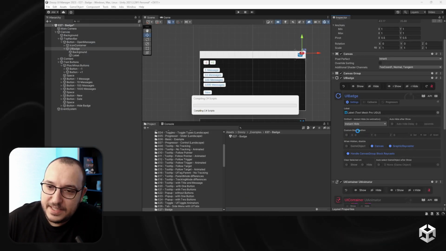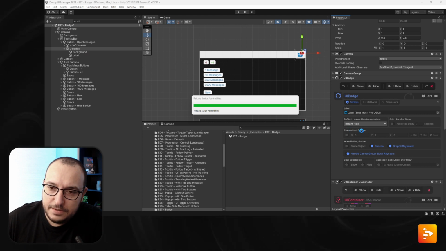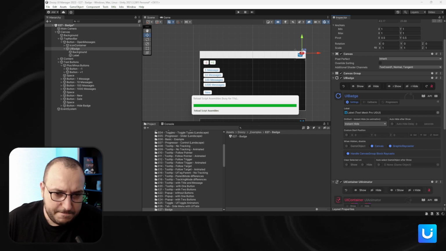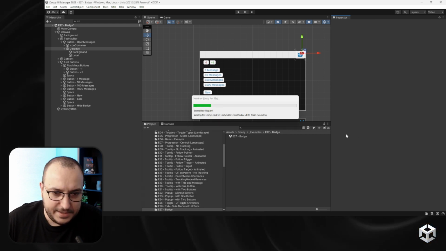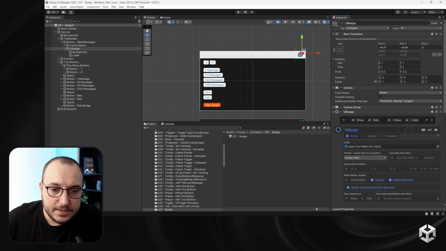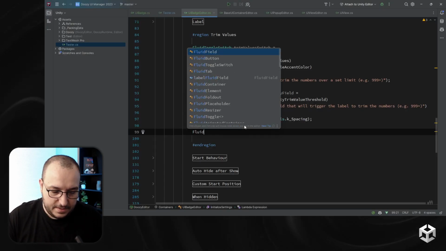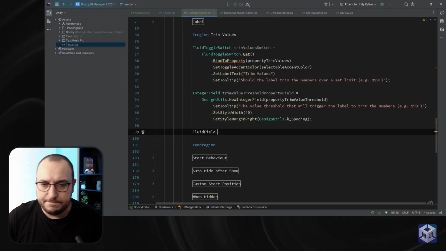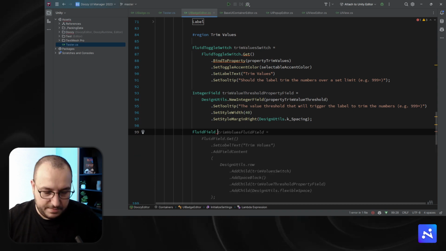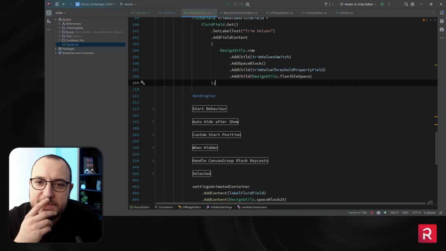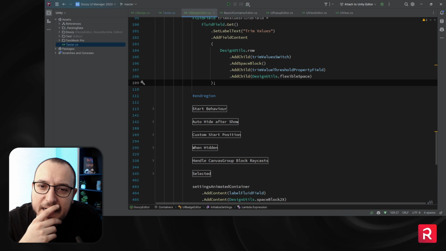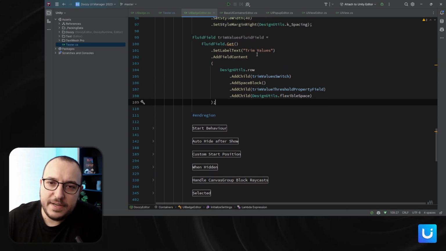So basically, I'm going to say here the limit and then the threshold. Yeah, exactly like this one, I'm going to make it. So fluid field, I'm going to say trim values. Do you know what I want? Let me see. I like what you did there, trim values,